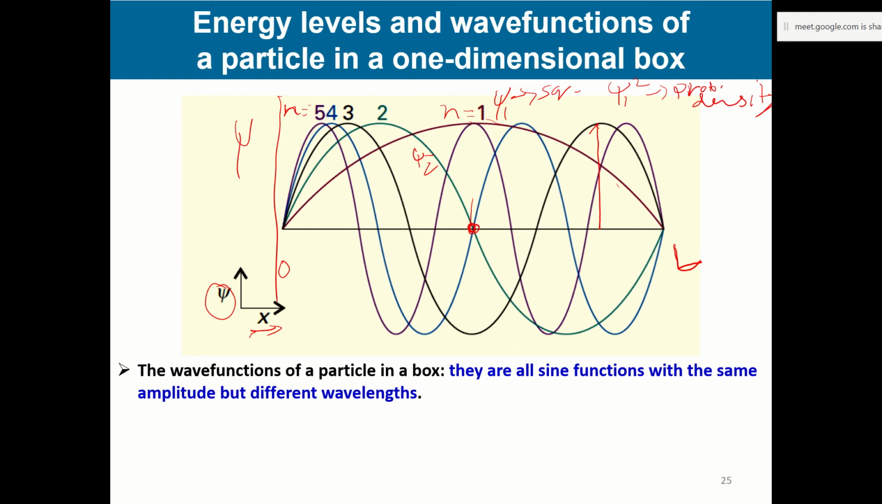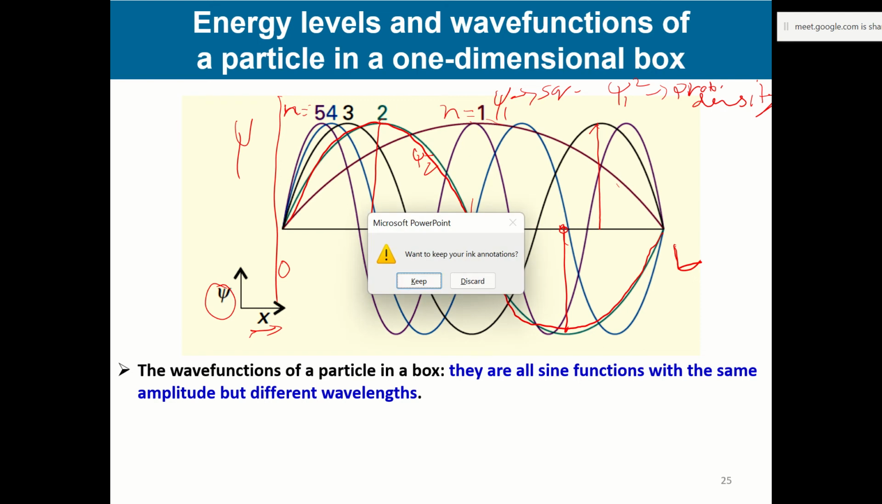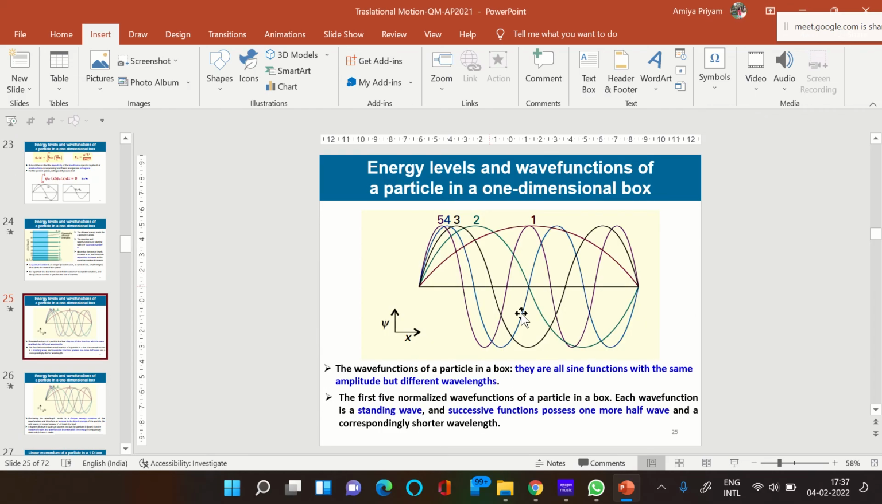But for the n equal to 2 state, when we have this kind of wave function, the maximum probability is at the two ends, the two extremes, here and here. In the middle there is zero probability. So in this manner, if you move from this side to, just a moment,